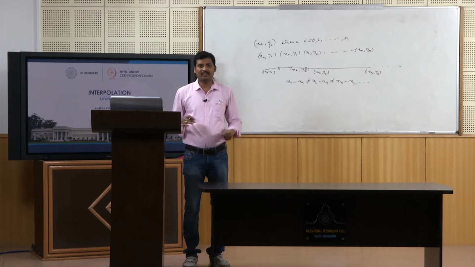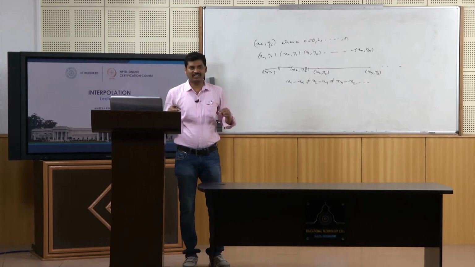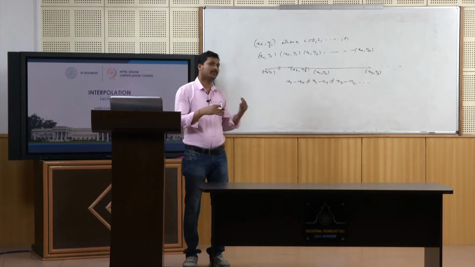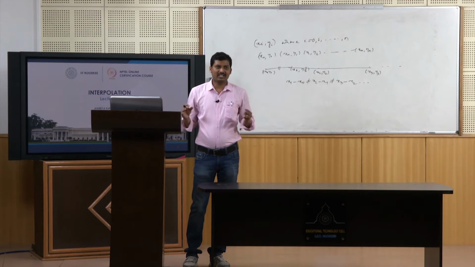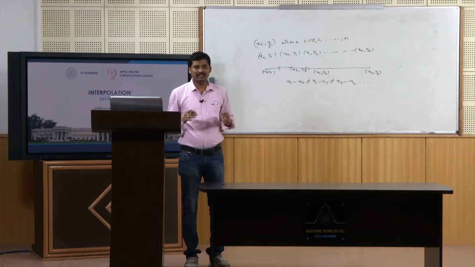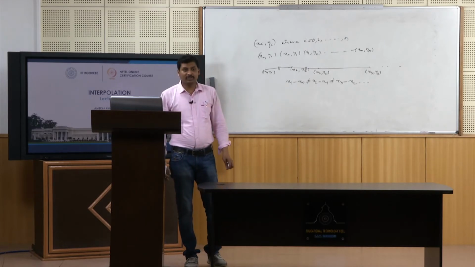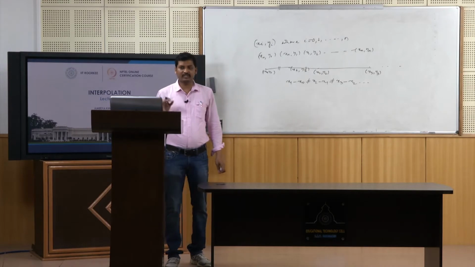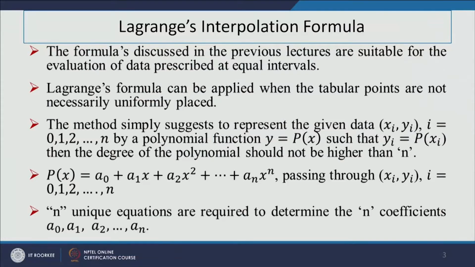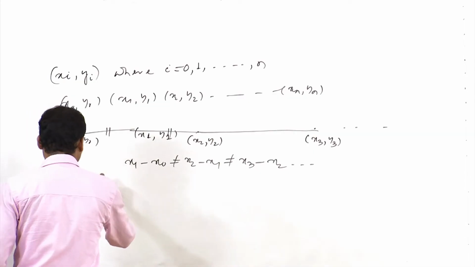So basically for these unequally spaced points, here we will consider three different interpolation methods to approximate this function with a polynomial. The first one is the Lagrange interpolation method, the second one is Newton's divided difference formula, and the third one is Hermite's interpolation method. In this method, we represent the given data xi, yi, i equals 0, 1, 2 up to n, which can be approximated in the form yi equals p of xi here,